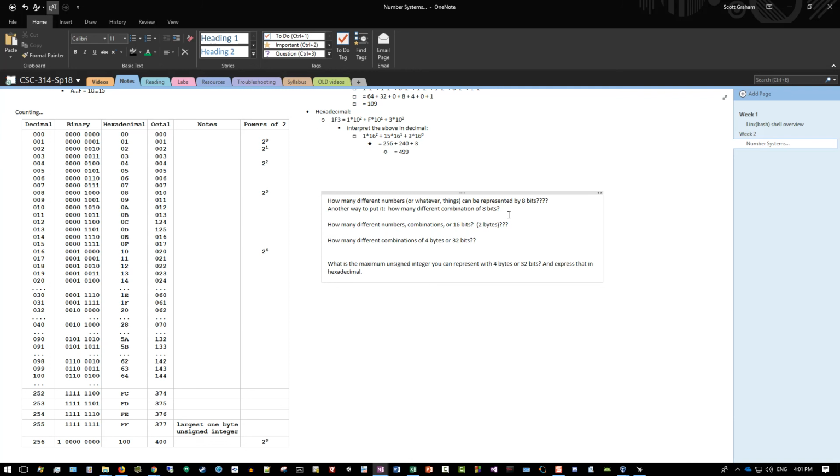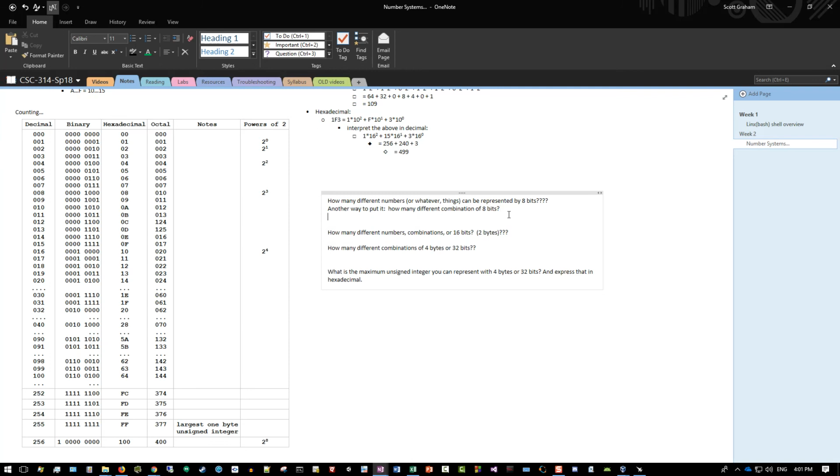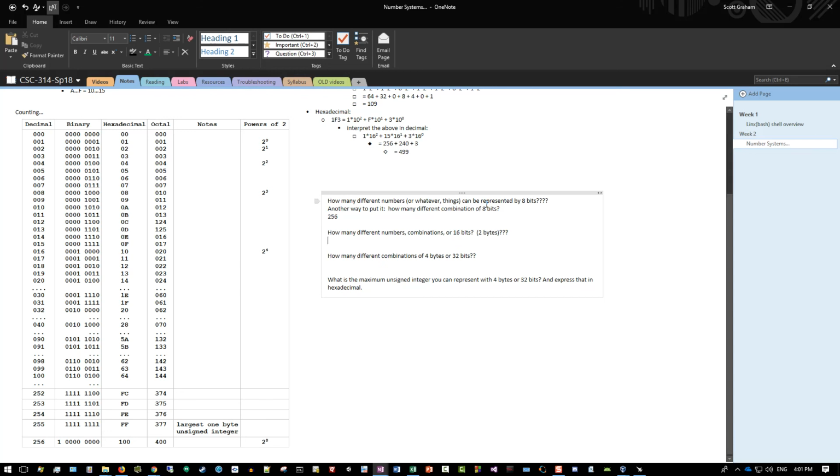But, okay, so how many different combinations of 8 bits? We already said that's 256. What about 16 bits? Well, notice that the number of combinations for 8 bits is 256. That's just 2 to the 8th, right? It's going to be the same pattern. So that's going to be 2 to the 16th,